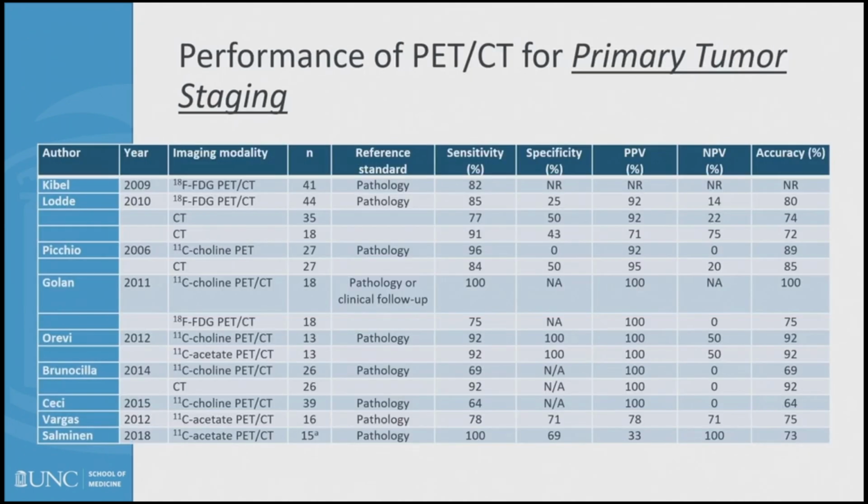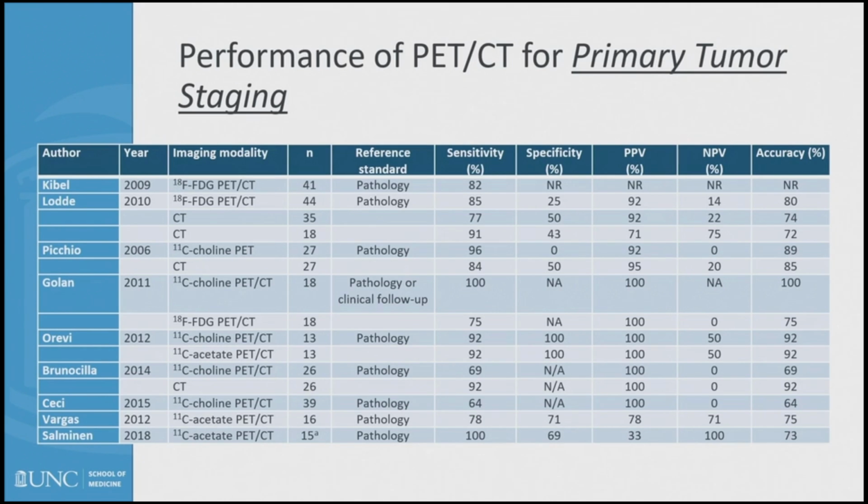So to switch gears a little bit, you can see here on this busy slide, the vast majority of studies have been published in the setting of primary tumors. They typically have low volume cohorts. There's different reference standards and a wide variety of sensitivity, specificity, as well as predictive values and accuracy. And as a result, really, there's been not a wide adoption of using an FDG radio tracer as